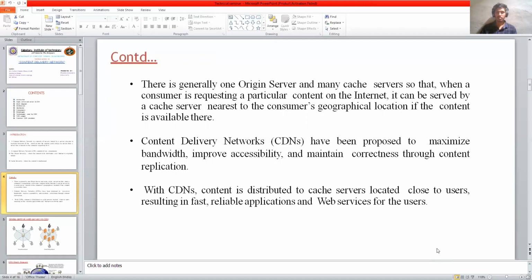Content delivery network has been proposed to maximize bandwidth, improve accessibility, and maintain correctness through content replication. With CDNs, content is distributed to cache servers located close to users, resulting in fast, reliable applications and web service for all the users.